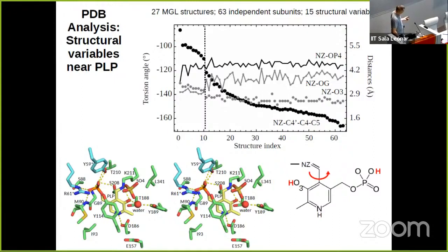So without going into a lot of detail, we've mined the PDB for MGL structures. Oh, by the way, this is a protein that's not present in humans. It's present in bacteria. So we're interested in targeting a bacterial protein to administer into a human patient. Okay, so we mine the PDB. There are a number of structures in there, and we pull out a number of features, as Maria would describe them, structural features